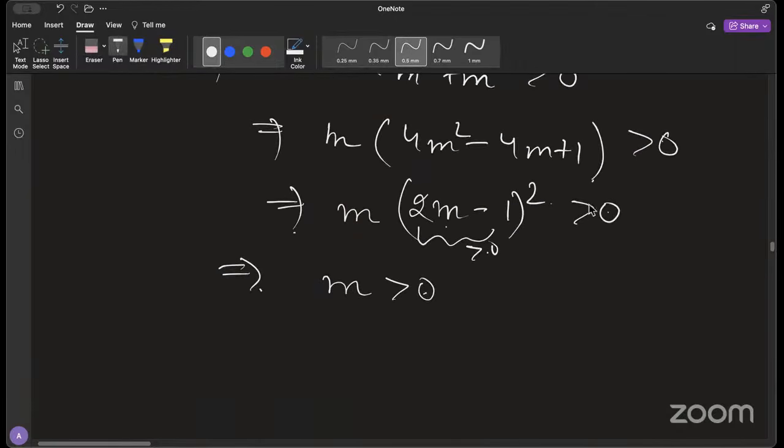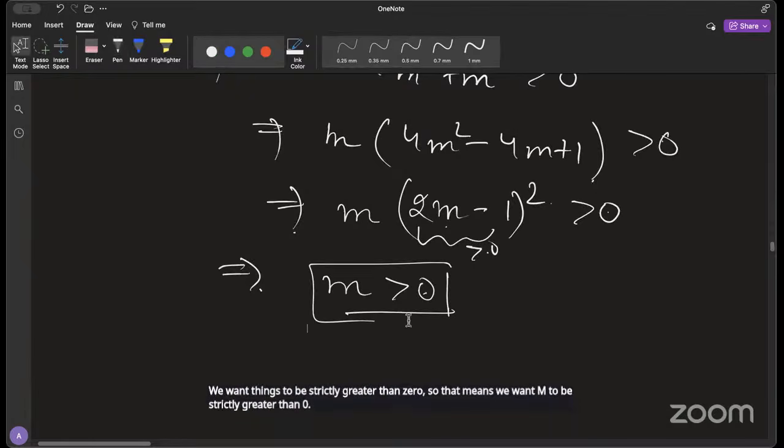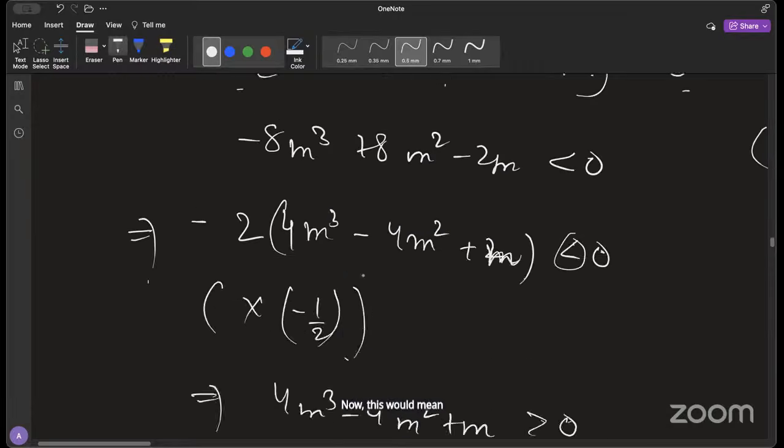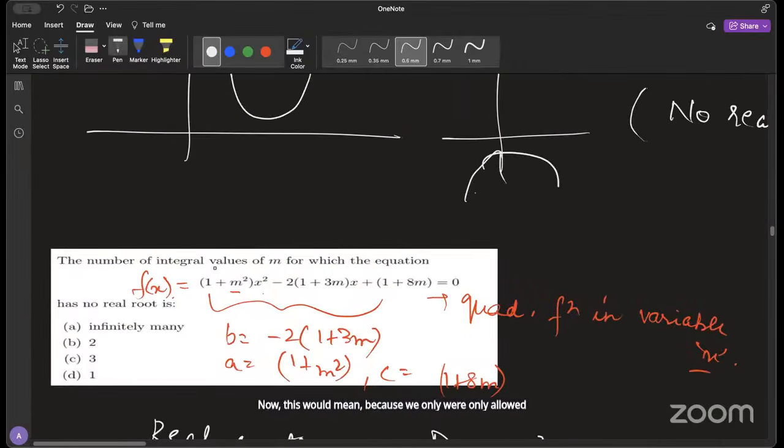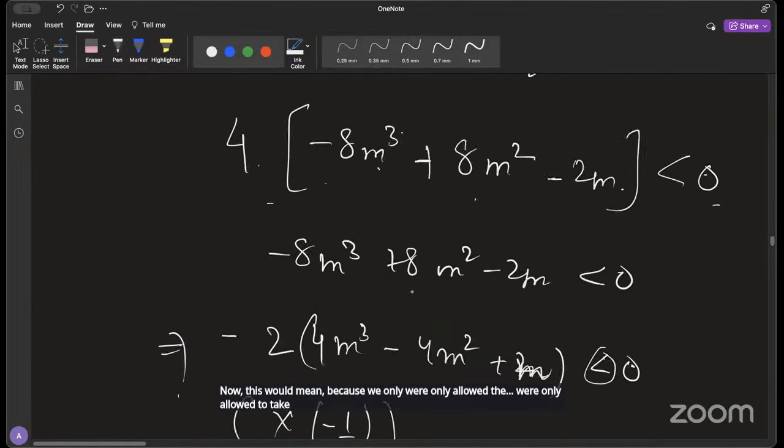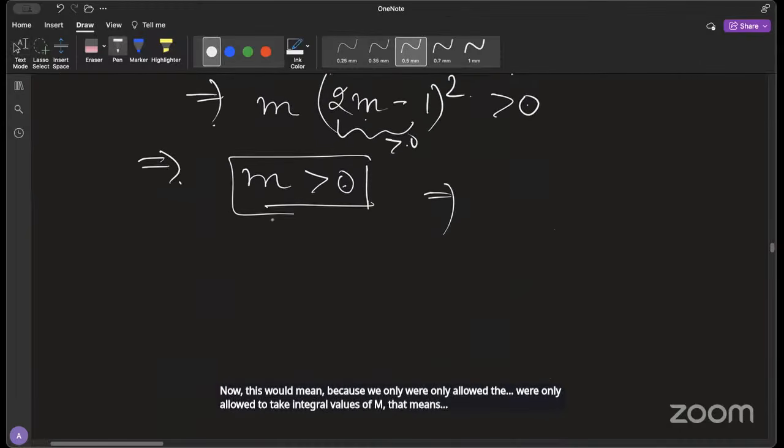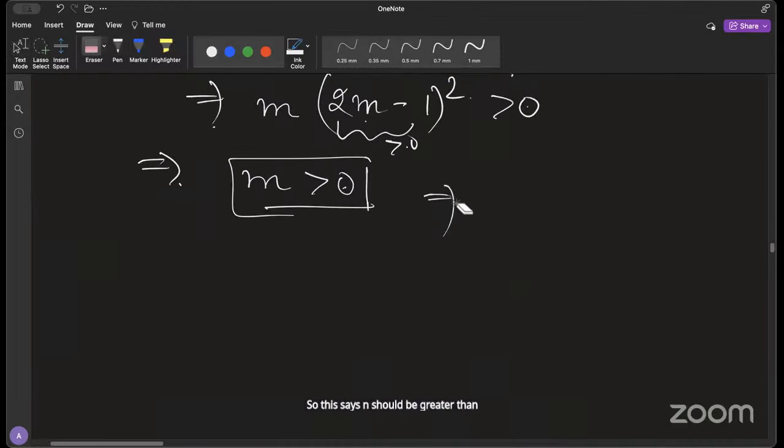We want things to be strictly greater than 0. So that means we want m to be strictly greater than 0. Is this okay? Yes, ma'am. Now this would mean, because we're only allowed to take integral values of m, that means this says m should be greater than 0, and your question says,